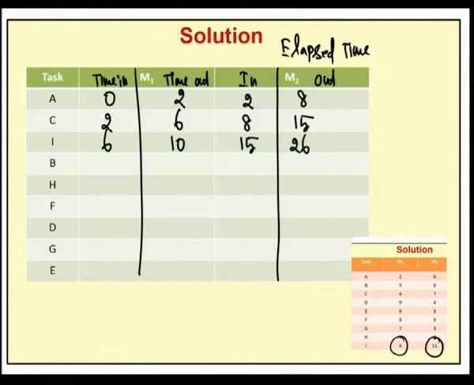So next we have to perform the task B. For task B under machine M1, the end time is 10. For B under machine 1, the processing time is 5. Therefore 10 plus 5, 15. And the end time for machine 2 is 26 and the processing time for the task B under machine 2 is 8. Therefore 26 plus 8, 34.